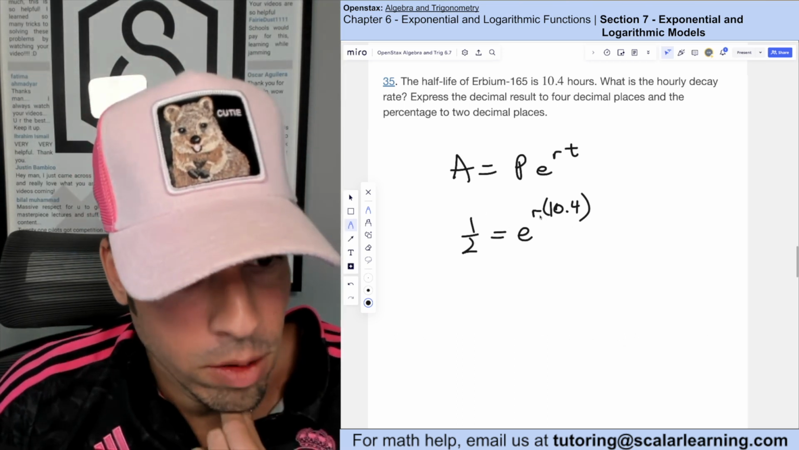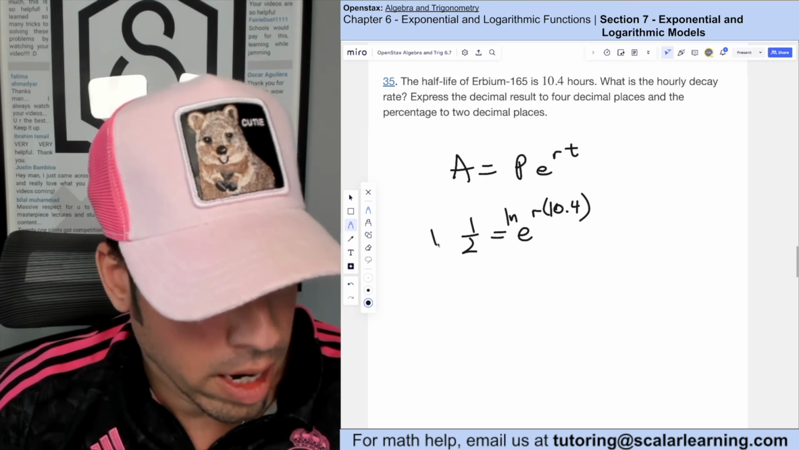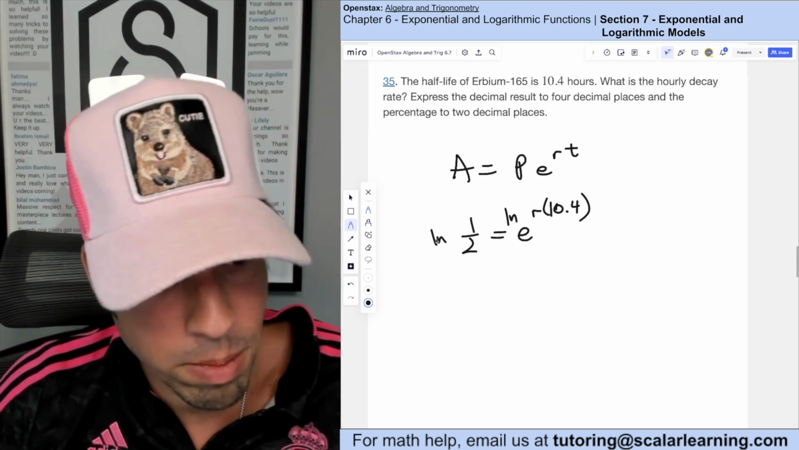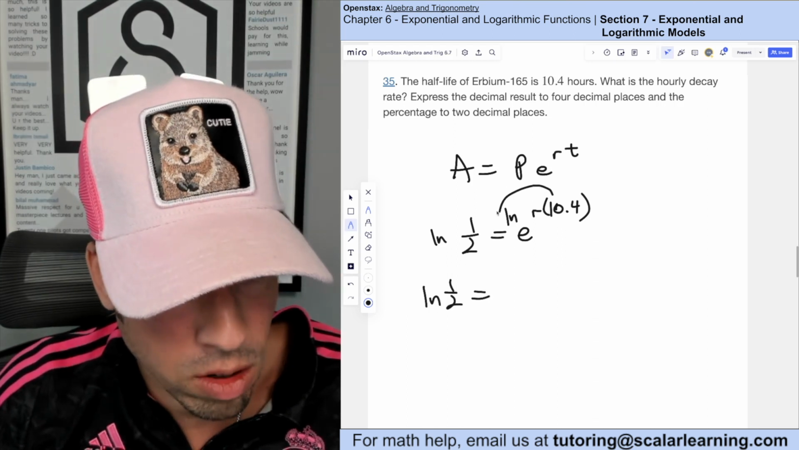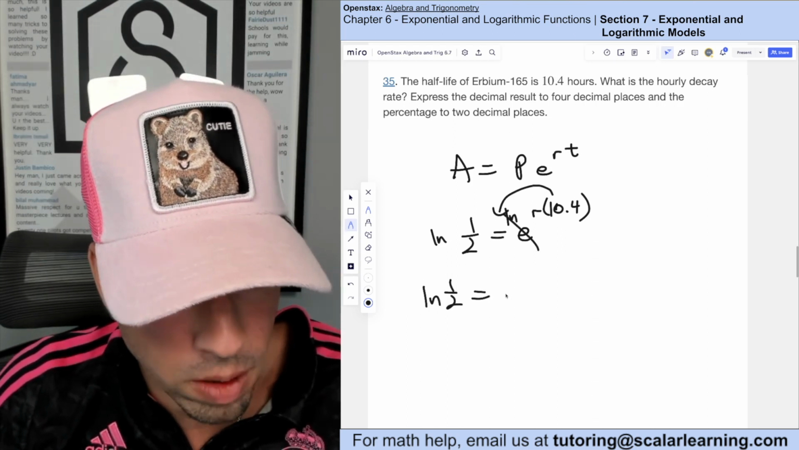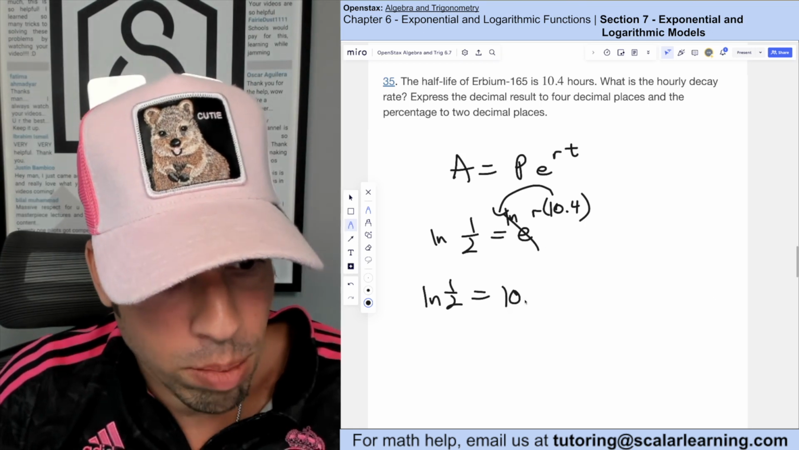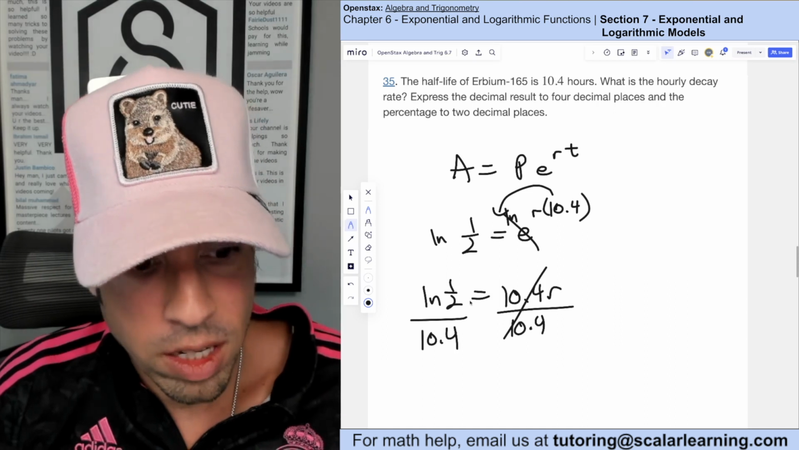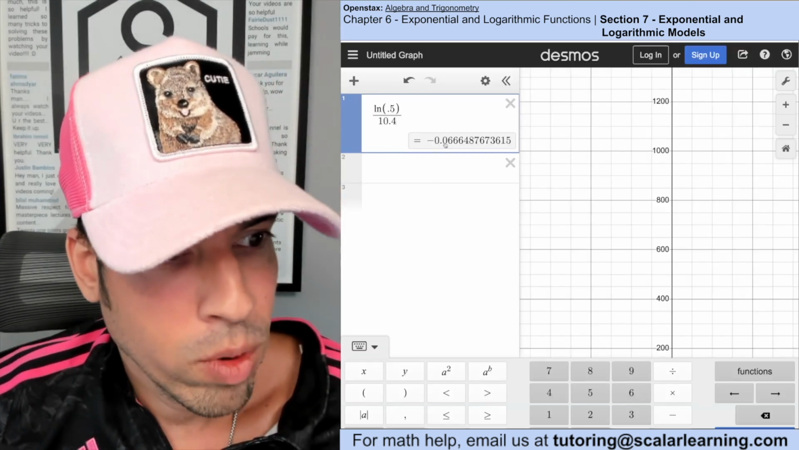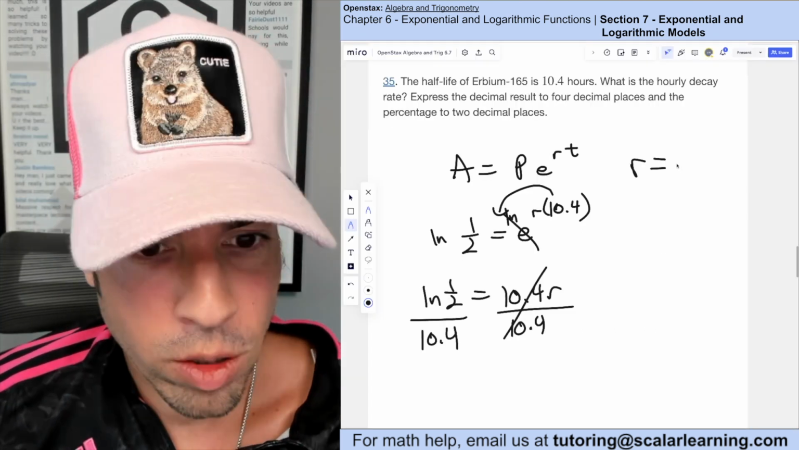Now, since that's a variable in the exponent, we have to take a log, aka natural log. Since we got a base of e, that's going to make it nice and easy. So we got ln of 1/2 equals, this comes down as a coefficient. ln of e is just 1. So now we have 10.4 r, and then we divide both sides by 10.4, and we're going to use Desmos to get this. So we get negative 0.0666, which we can round to negative